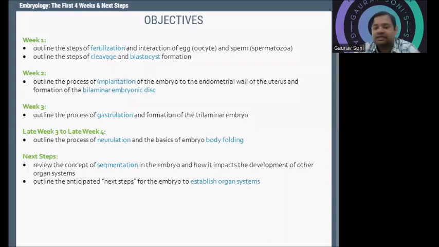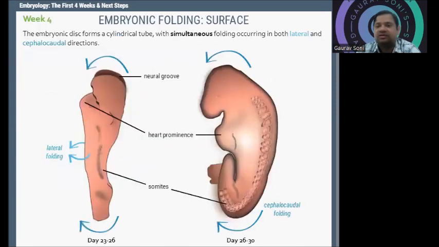Welcome friends. In the continuation of the topic embryological development, we have now come to the fourth week. Previously, we have talked about the first week, second week, and third week in previous videos, and we are now at the level where neuralization has been done, and now we have to make the further development with the embryonic foldings. So, as you can see here, the embryonic disc forms a cylindrical tube with simultaneous occurrence in both lateral